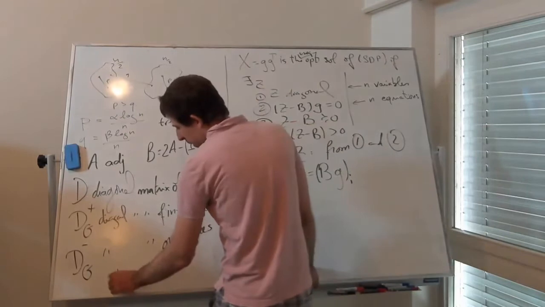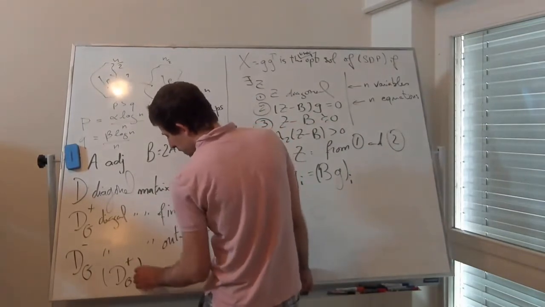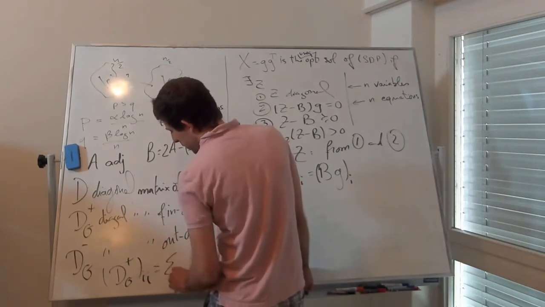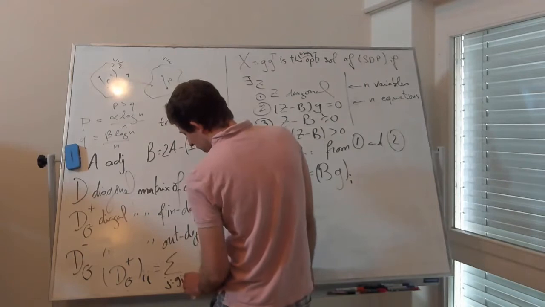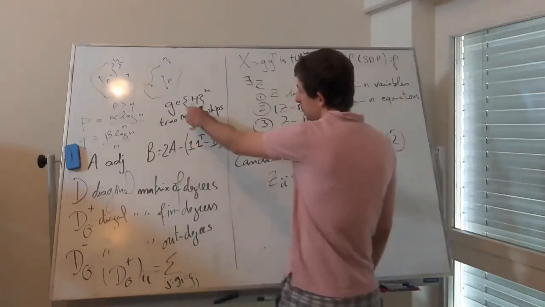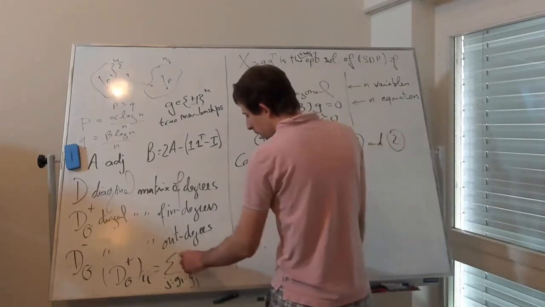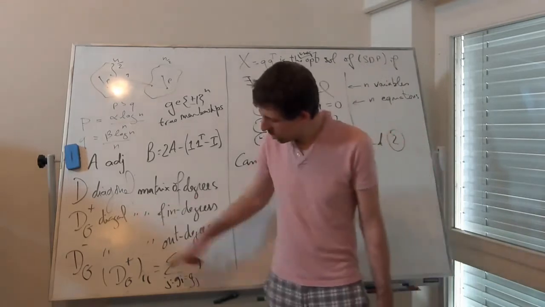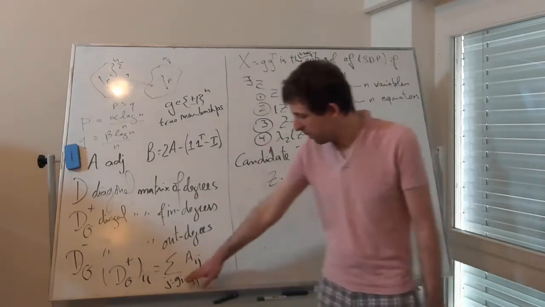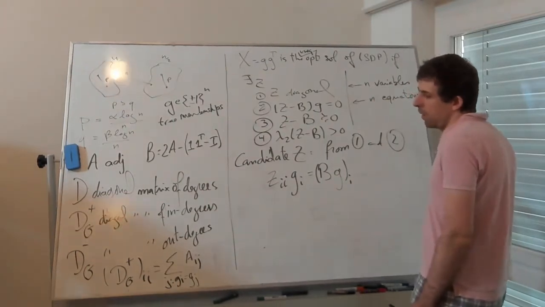So you can write, for example, DG plus. Entry i will be the sum over j such that g_i equals g_j. They're in the same community, because remember these were the true memberships of, say, A_ij. And for DG minus it's just with a difference here rather than the equal. Okay, and now we define further a new